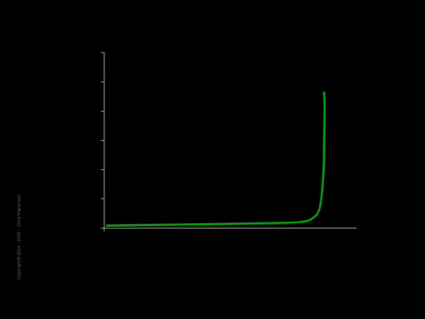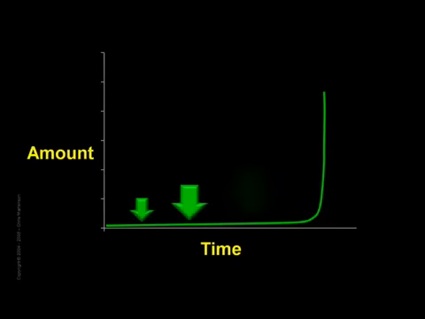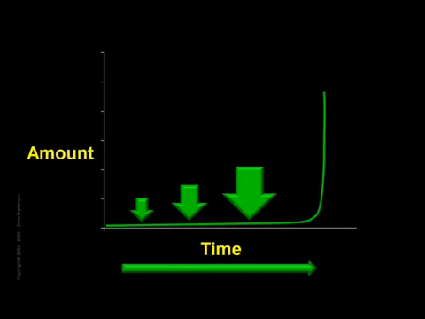We are charting an amount of something over time. The only requirement for a graph to end up looking like this is that the thing being measured grows by some percentage over each increment of time. The slower the percentage rate of growth, the greater the length of time we'd need to chart in order to visually see this hockey stick shape.